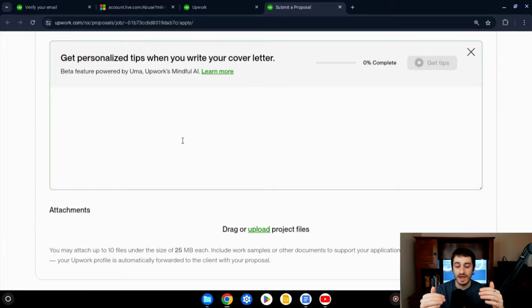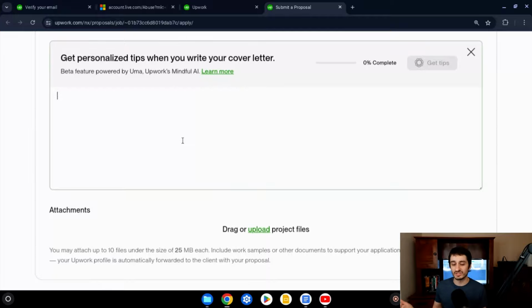You say, hey, I noticed that you're looking for someone with experience in the Java language, and you keep talking. But you've indicated in the first sentence that you have read the job posting, which is what allowed you to start by saying something that is relevant to what the client has already said. This way, you're going to stand out from the people who have cover letters that look like they're just copied and pasted,